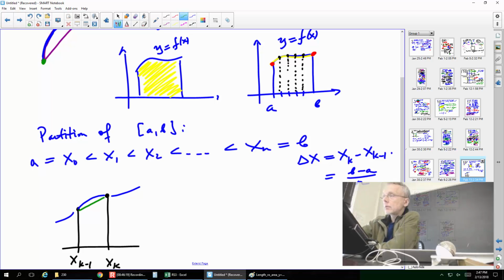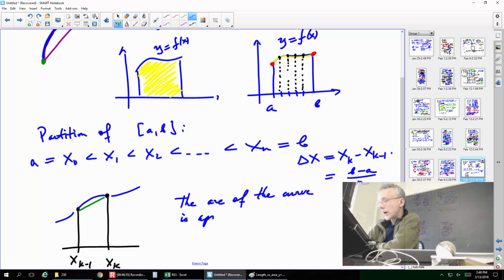So the arc of the curve is approximated by the straight edge,